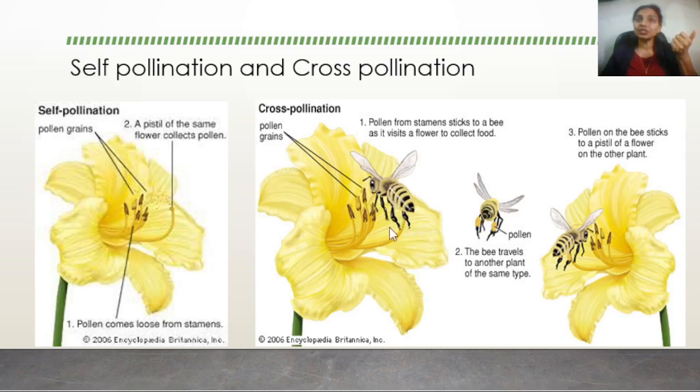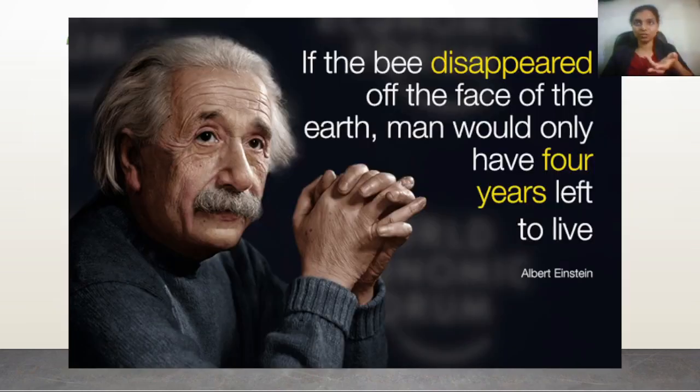But in some cases, the flowers are visited by insects such as bees. The pollen grains stick to the hairy legs of the insect, that is a bee, and then the pollen grains are carried by the bee while it is visiting another flower to suck the nectar, and the bee unknowingly deposits the pollen grains on the stigma of the second flower. So this is called cross pollination, and it is following this process of pollination that the development of seed takes place in the flower. So following this, the flower transforms into a fruit, the petals fall off, and we get the wonderful fruit or the vegetable that we eat.